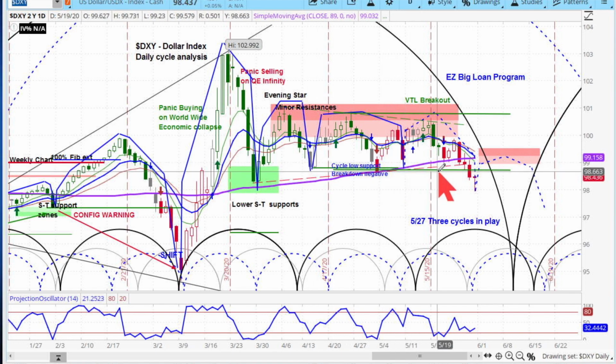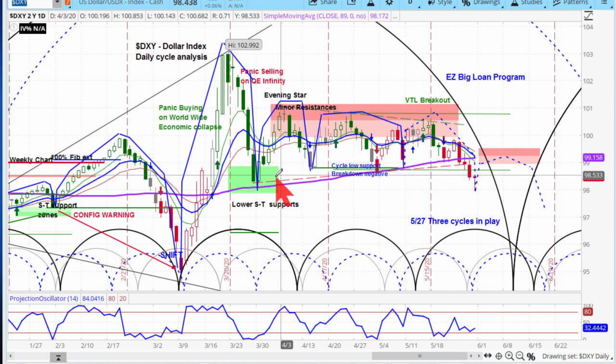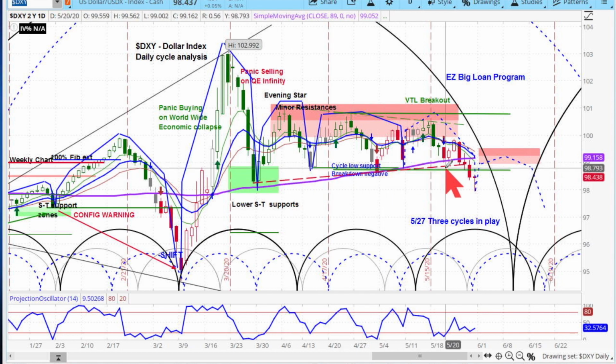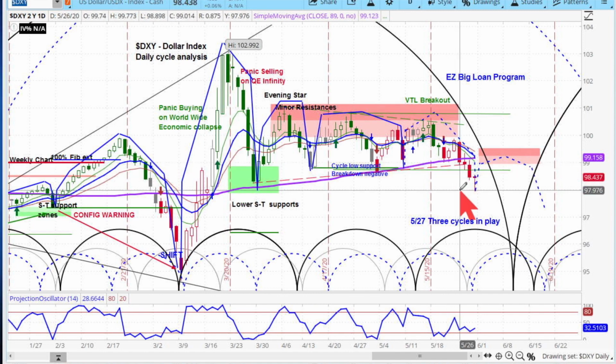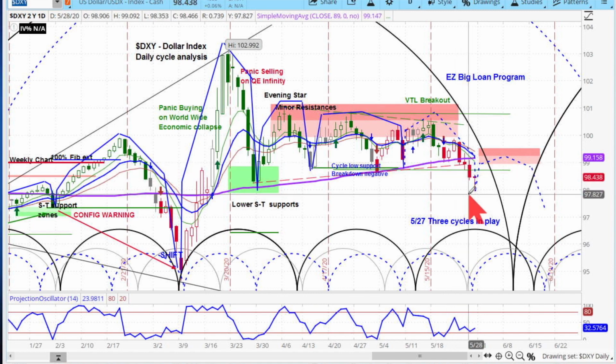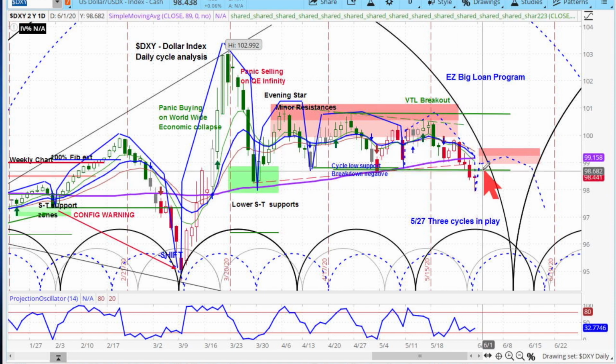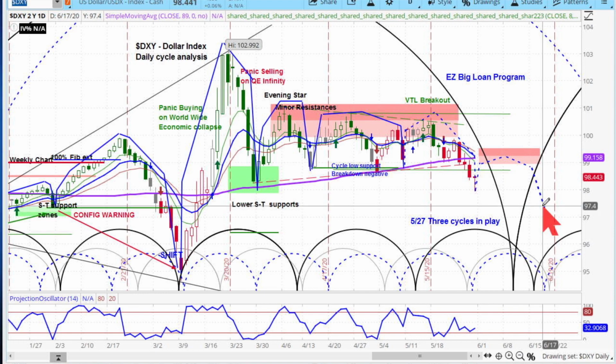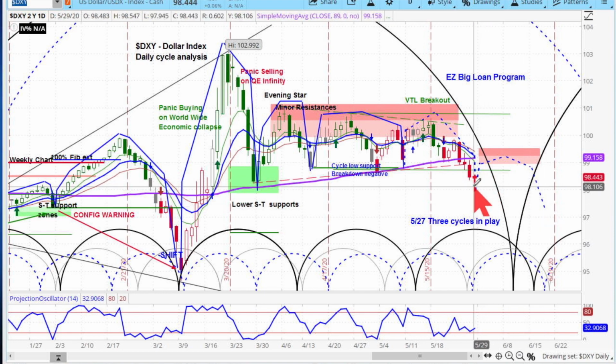And here's the breakdown. Here's your VTL, and that VTL gives you a breakdown. You want to learn about VTLs? In our cycle analysis workshop, there are 20 video modules, and I talk about VTLs in there. So that break right in here says that the next rally will hit the resistance right in here and then move down sharply again. So what you can see in here, the timing based on these patterns, is that there's